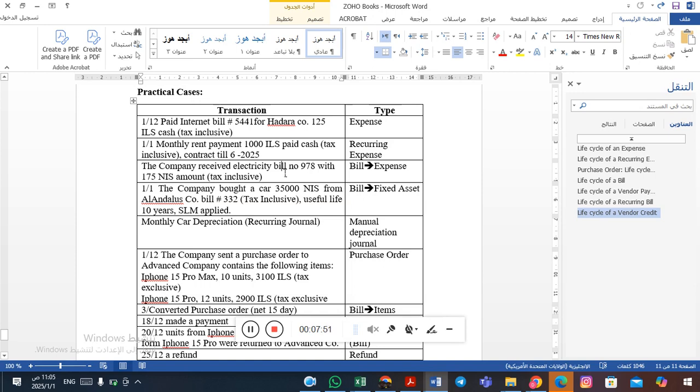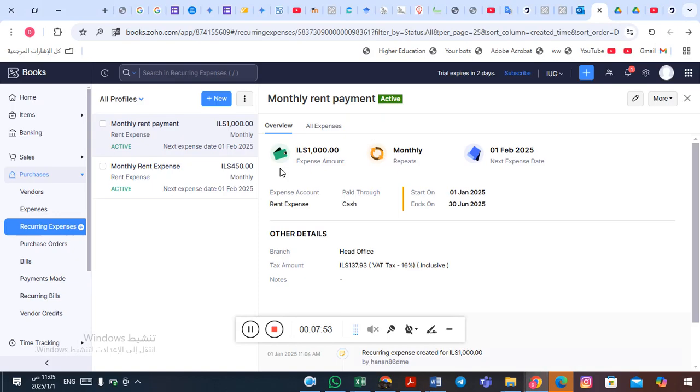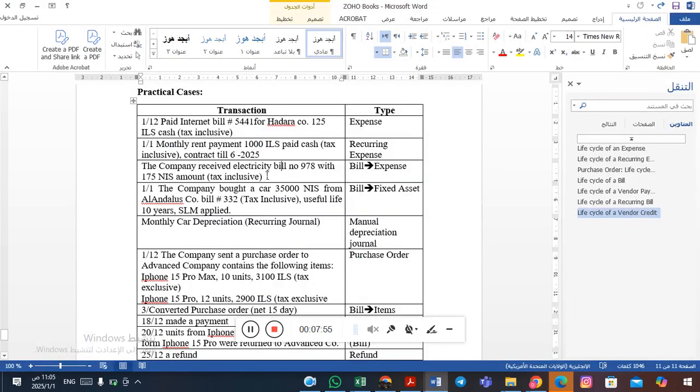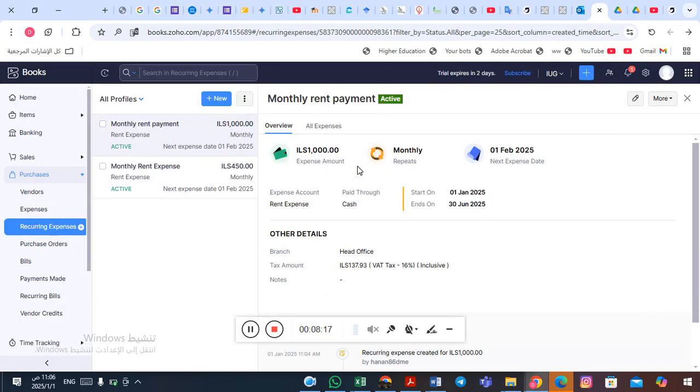Here we have to go back, but before that, why do we classify it as a bill? Because there is no indicator that we paid that bill. Because there is no payment until now, we have to process it as a bill document. Okay, go back, and here we will go to bills,